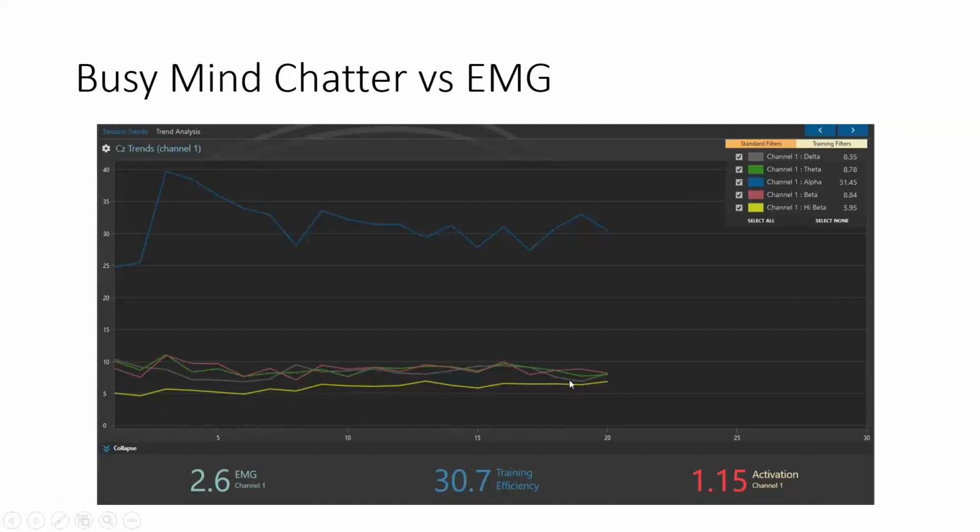And finally, we have busy mind. Notice there's very little EMG. That's because most of the people are keeping themselves calm by keeping a busy mind and suppressing input from the amygdala. This is one of several strategies that show up on your trend screen, different ways people manage their social distress. And if this alpha goes down, eventually you'll start to see this beta coming up. Now we are fairly high. We're at 8, so we know that's not real beta. But notice it's in the 15 to 20 hertz range.